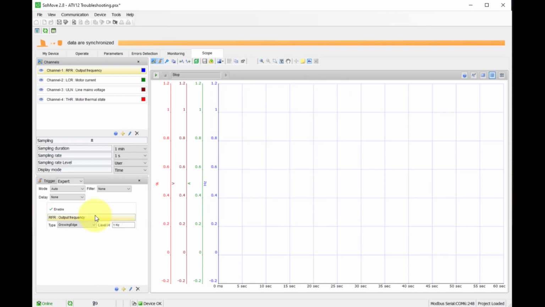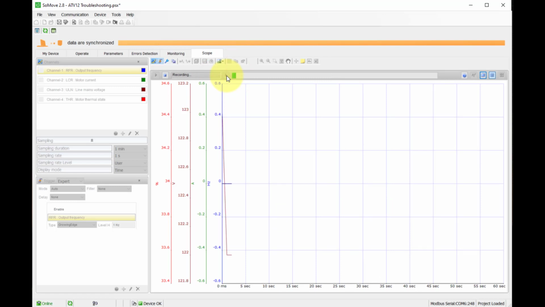Now there's 2 ways when you first initiate the scope. So I am going to initiate the scope now. So you take your mouse, and there's a little play button right here where it says start trace. So you hit the start trace play button, and it says waiting for trigger. And I'll do this 2 different ways. I can manually just force the trigger and start recording, so I'll do that. Now the drive's not running, so you won't see any data on the screen, but I'll start it recording. It's going to record for 60 seconds,